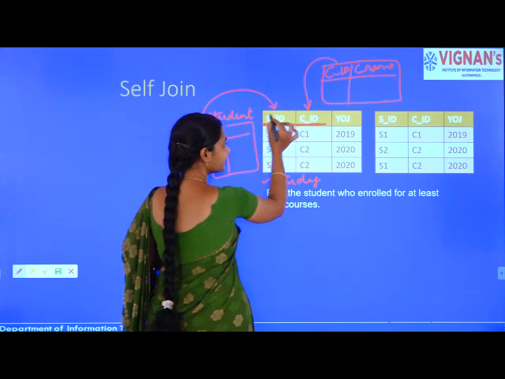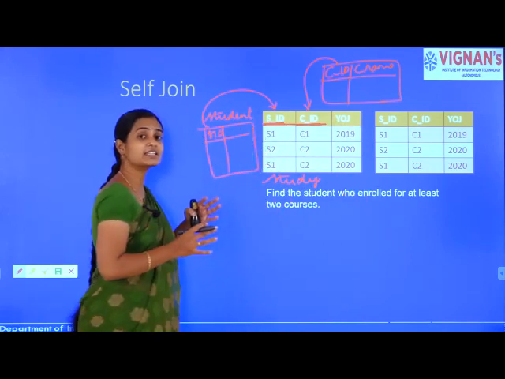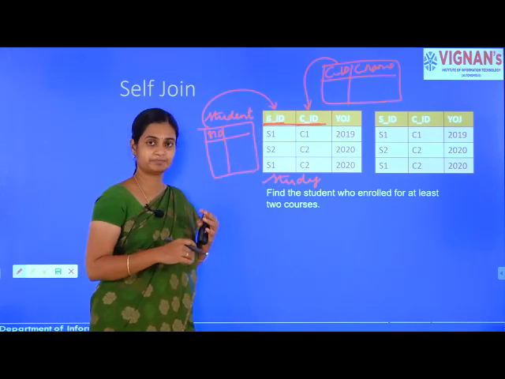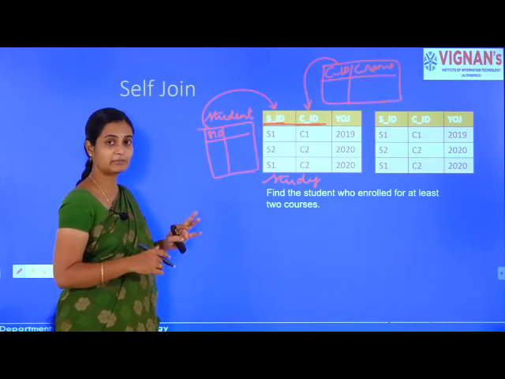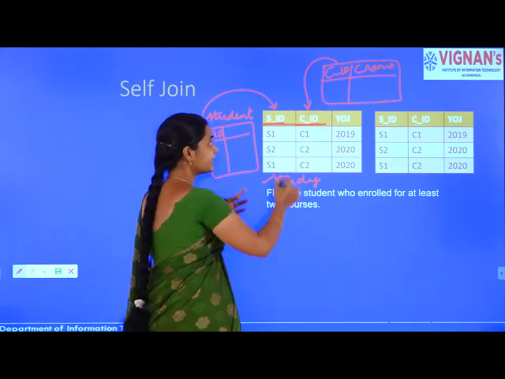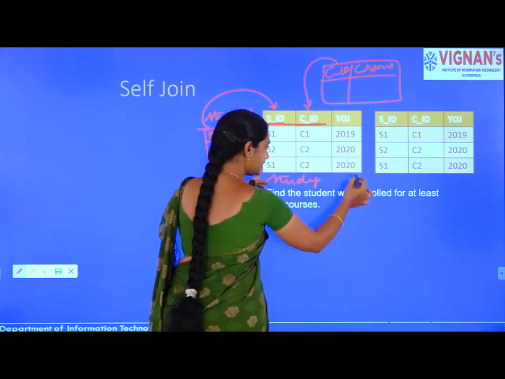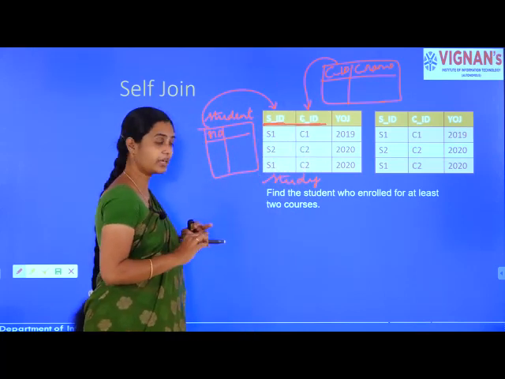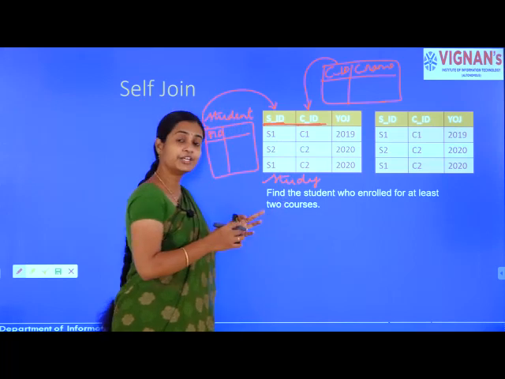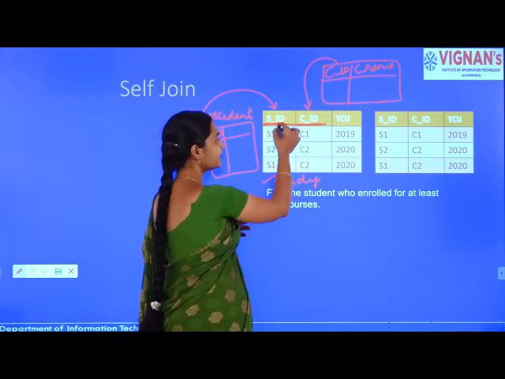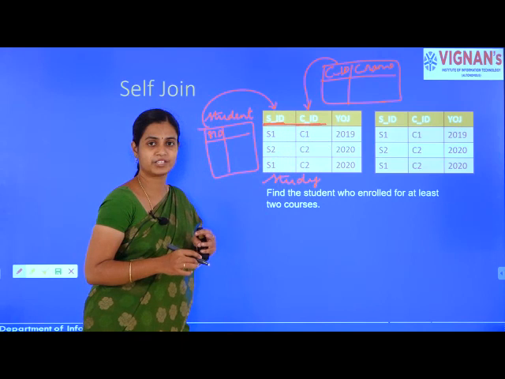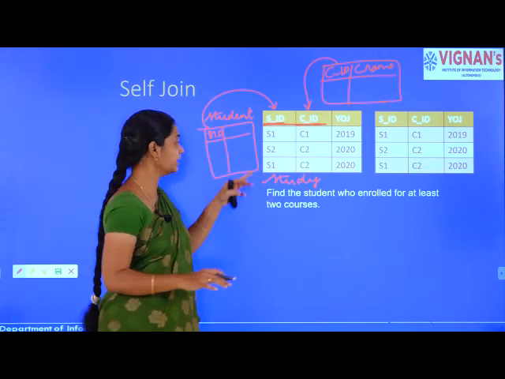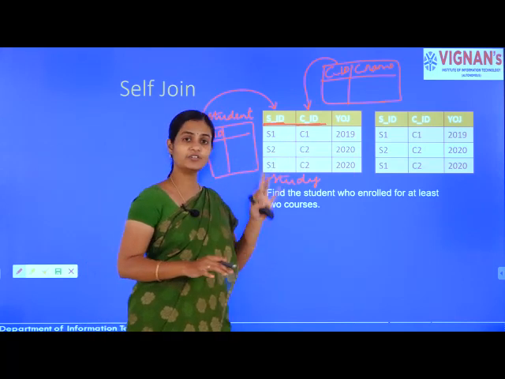Okay, so whatever the relation that you have taken, this could be a related table of the other ones. Like how we have the student table here and course table here. So this is a related table for student and course. Okay, so with this relation you can tell which student is studying which course. Yes or no? Right. So from this study table I can easily say which student is reading which course.